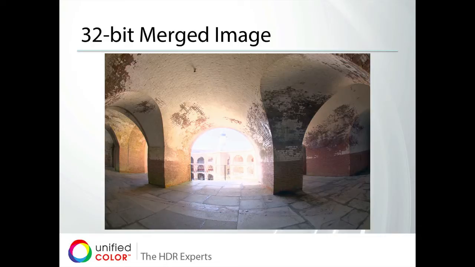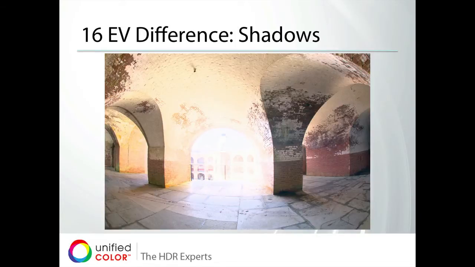Now you may look at this and think, oh, the highlights are blown out, obviously. But this is a 32-bit image being represented on an 8-bit display. It's very important to note that. All of our processing happens on the full 32-bit data inside of HDR Express 2. So if I adjust the brightness display on this image, you can see that I have over 16 stops of